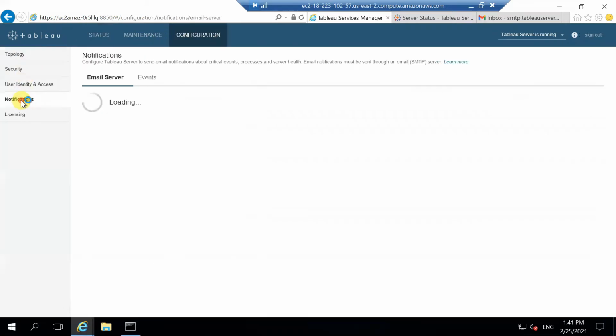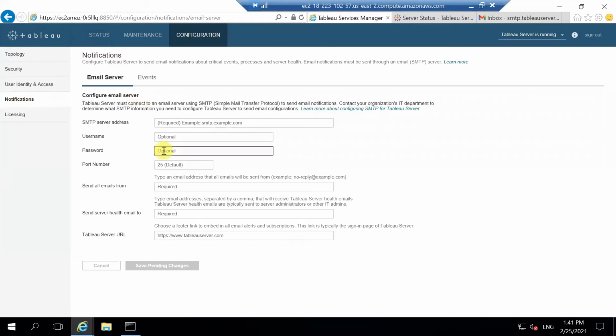you go on to the configuration tab, and under notification, you have the email server configuration, wherein you need to fill out the different details like SMTP server address, what username, what password, on what port your SMTP server is doing the communications, and from where your email should go. So all of this information will go from the email address, whatever that you mention here, and also to whose email address.